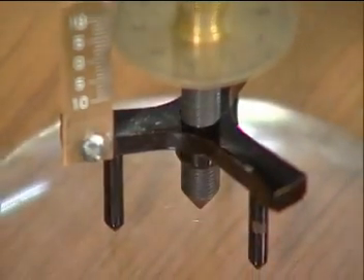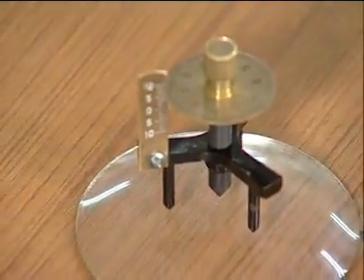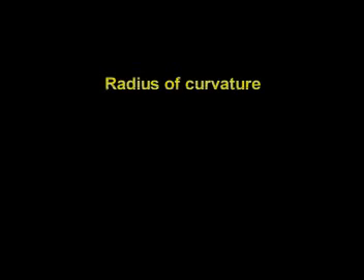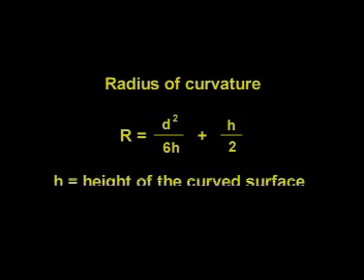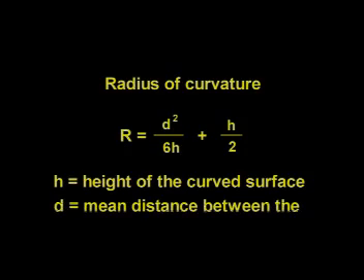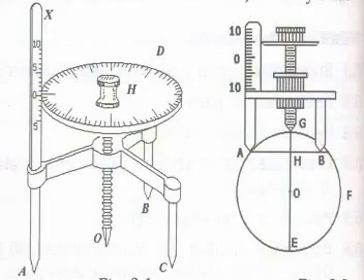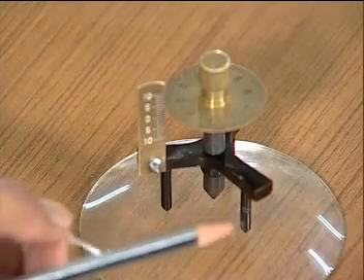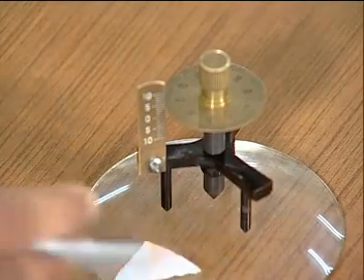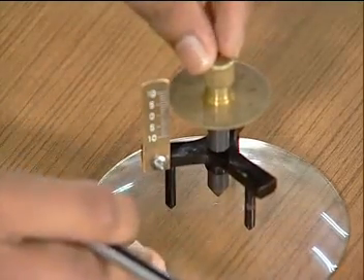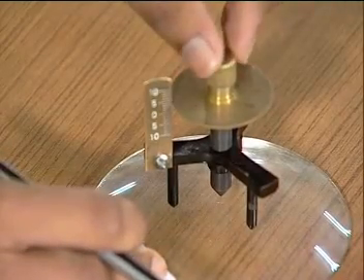The radius of curvature of the glass plate is calculated by the formula R equals D squared by 6h plus h by 2. Here D denotes the mean distance between the legs of the spherometer, and h denotes the height measured by the spherometer when its middle point just touches this glass plate with respect to the base plate. So in order to calculate the height of this glass plate, we have to rotate the middle screw in the clockwise direction,